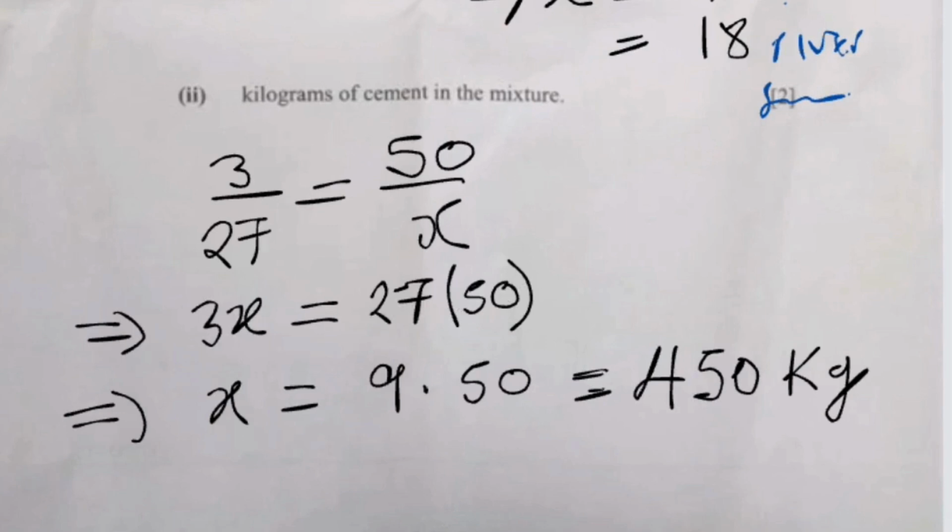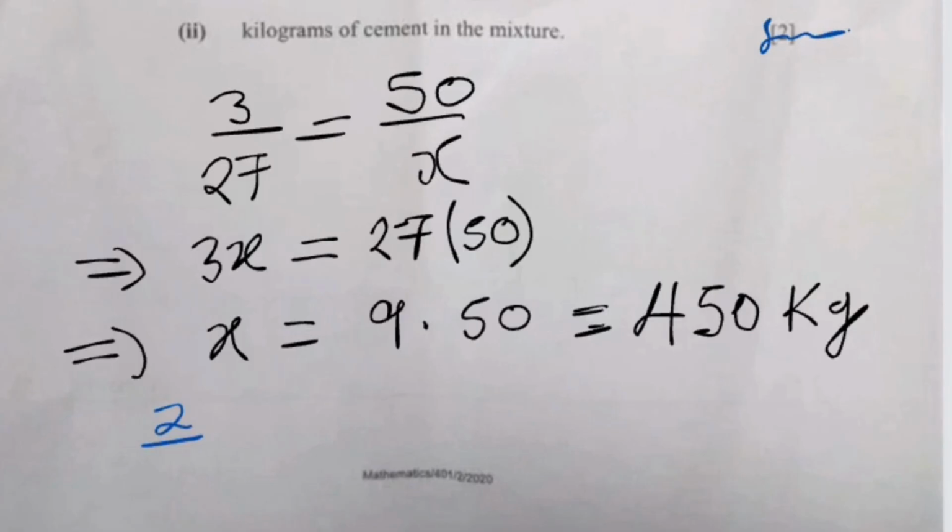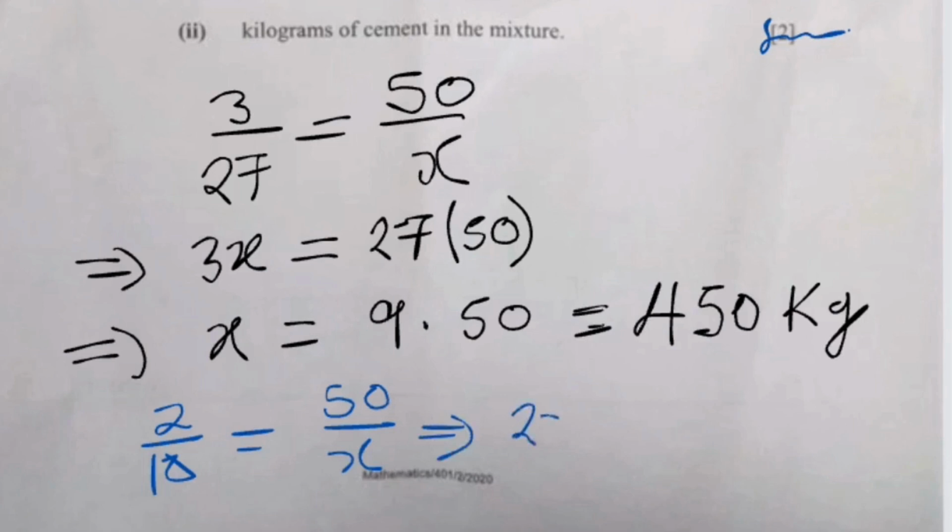Okay, if you want, you can use loads of river sand. Now, loads of river sand, we have 2 in the initial, that is 2. And when we increased the number of loads of river sand, we increased to 18. So this is 2 over 18 is equal to 50 divided by the new load, which we do not know. Now, that's the subject of the formula. This is 2x is equal to